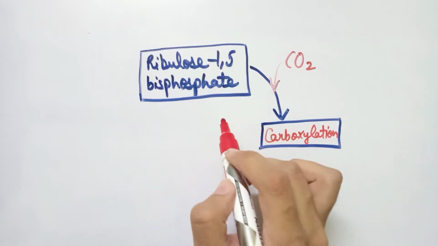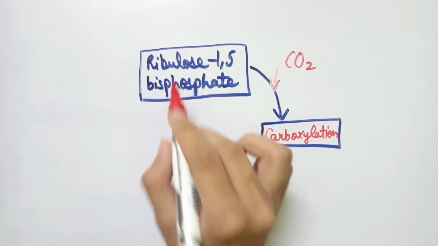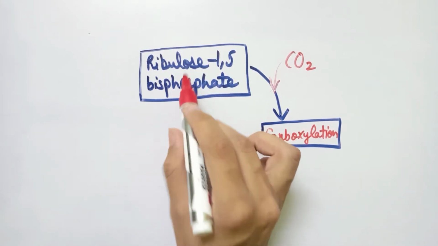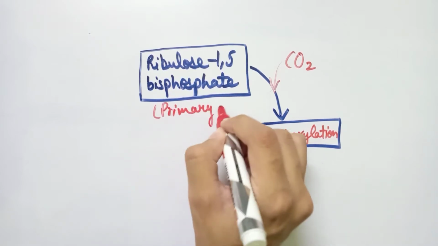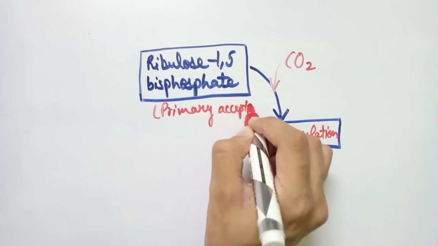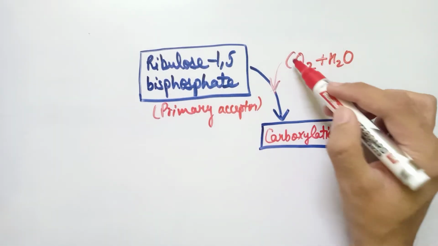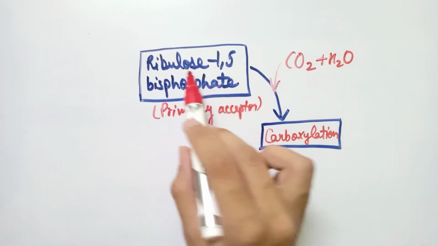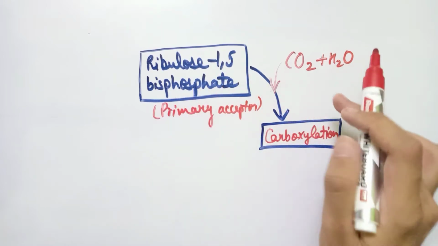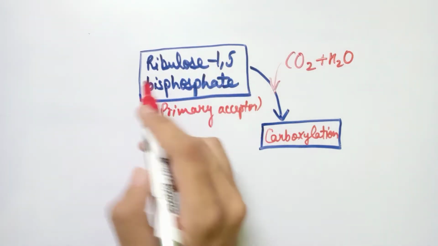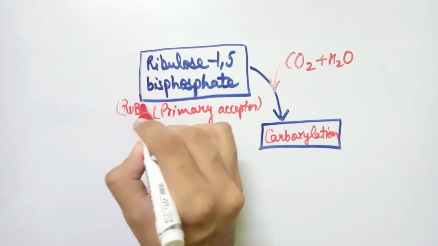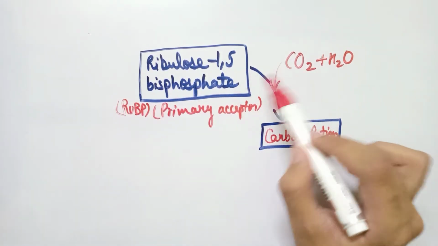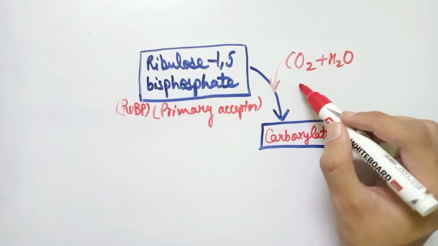Ribulose 1,5 bisphosphate is a sugar which also acts as the primary acceptor of carbon dioxide. As this carbon dioxide comes here, it interacts with ribulose 1,5 bisphosphate, which is also called RuBP in short form, and is utilized by this RuBP to carboxylate and